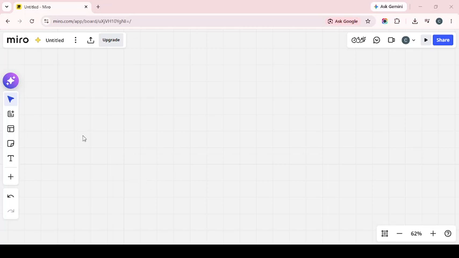In today's video, I'm going to teach you how to upload an image into a Miro doc using Chrome. To get started, open your board or your Miro doc in the Chrome browser. Make sure you're in the right document before you begin, especially if you work across multiple boards or projects. Having the correct file open first helps you place your image exactly where you want it and avoids unnecessary moving